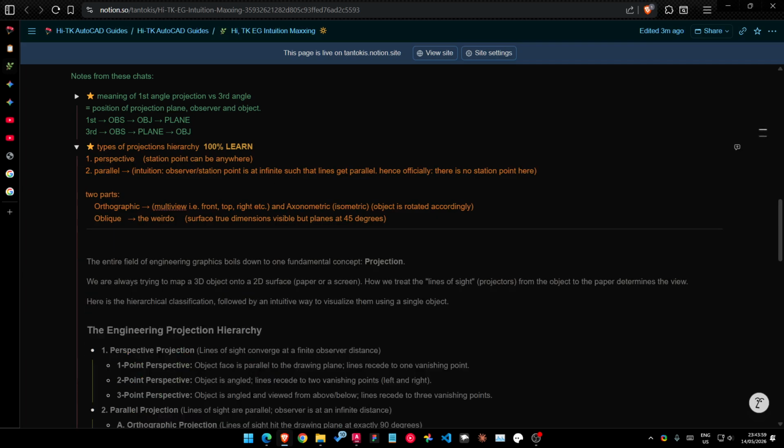Projections hierarchy. First is the perspective projection. It's like the most basic, where the observer can be anywhere. The observer, by the way, is the station point. So